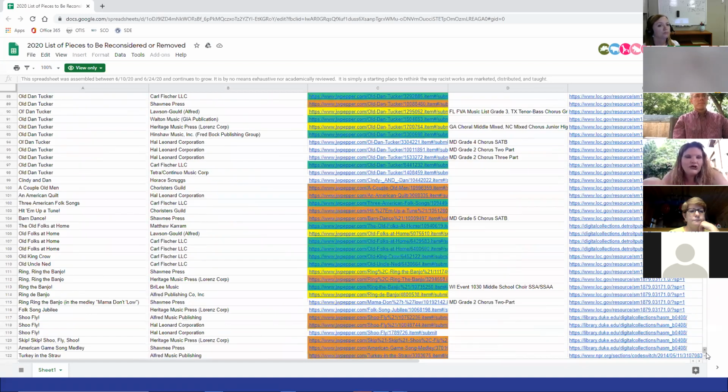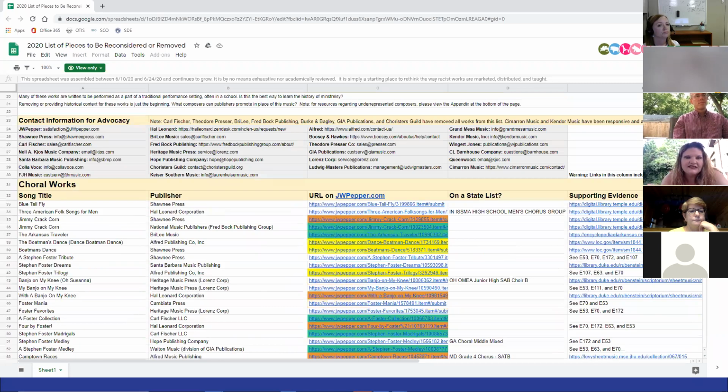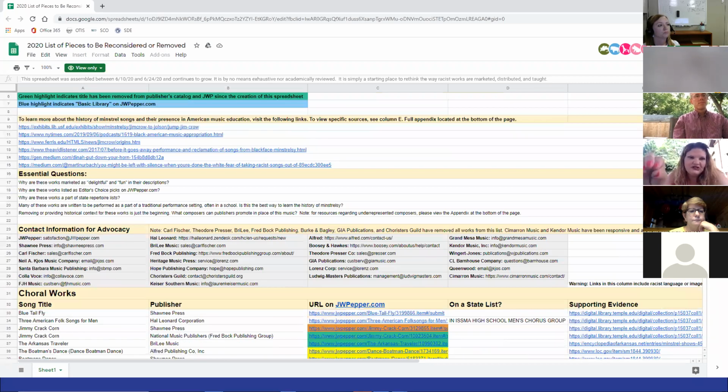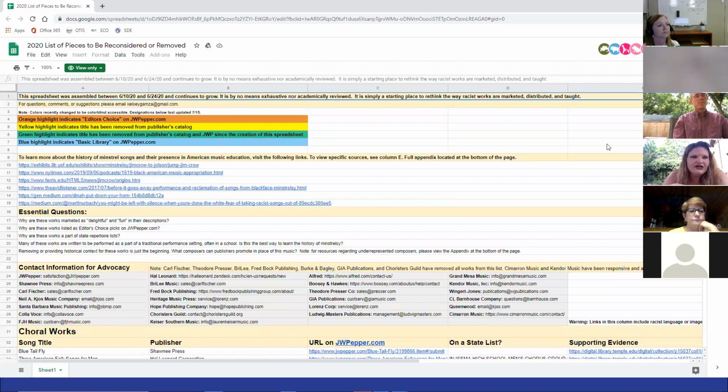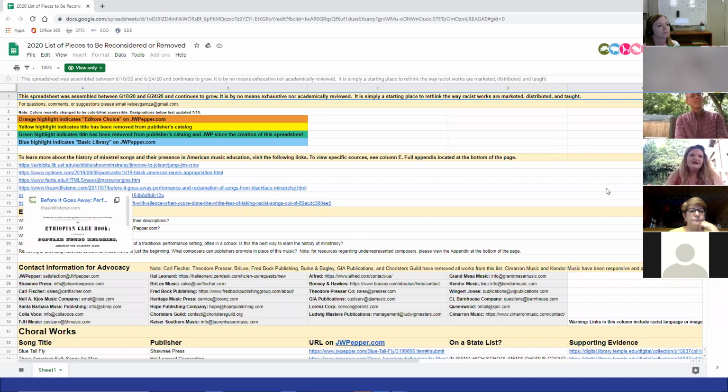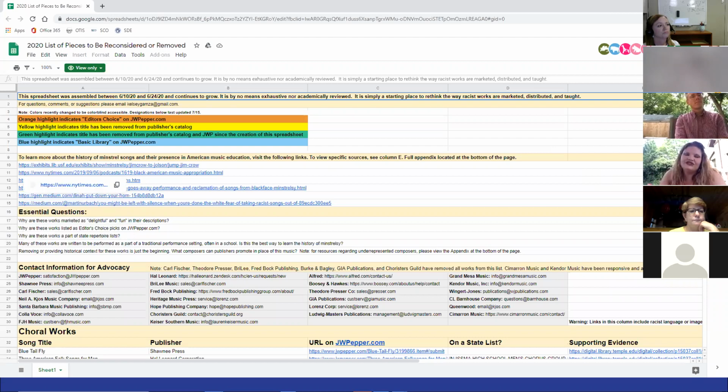Many of these works have been removed from these catalogs since this has been posted, which is really, really great. Green indicates it's been removed from the publisher's catalog. Yellow indicates it's been removed from the publisher's catalog, green is from publisher's catalog and Pepper Music, so you've got that. But she also gives you all of the contact information for these publishers.